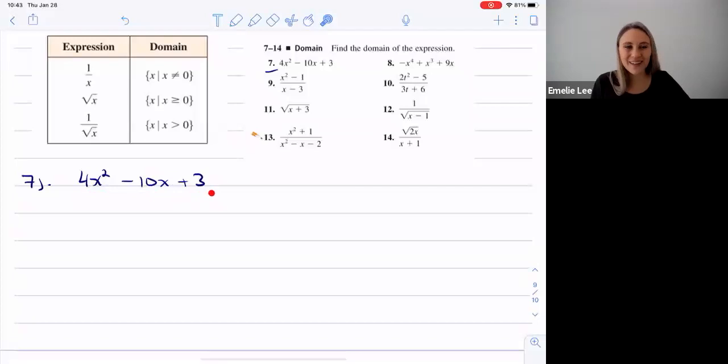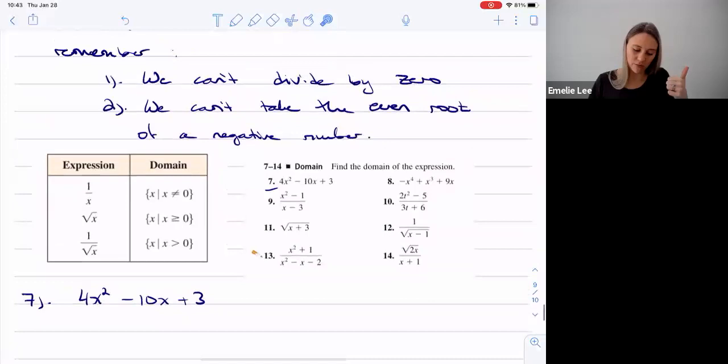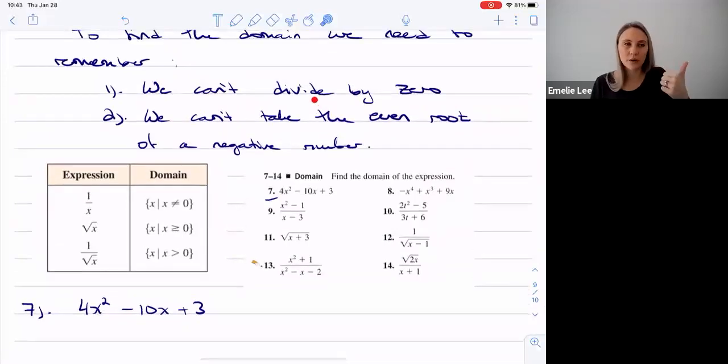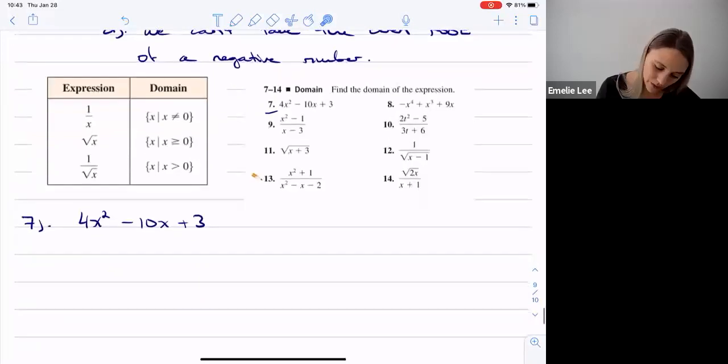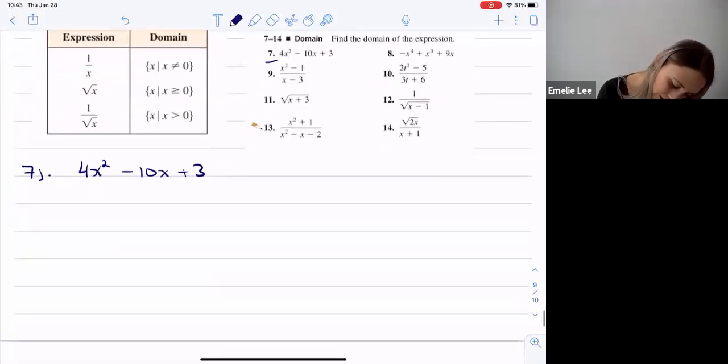Now, one thing that's nice about here is, you check, is there any division, right? I can't divide by 0, so I look out for division. There's no division. I can't take the even root of a negative number, so I'm looking out for square roots or even roots, right? 4th root, 6th root, whatever. There's none of that. And so as far as I can tell, there are no restrictions on x, and there aren't any, right? So when we're talking about plain old polynomials like this, the domain is the set of real numbers. So the domain here